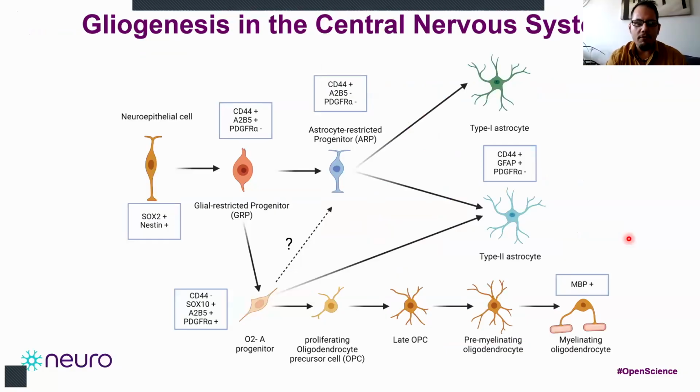So I just want you to focus on the complex network of interactions that lead to the development of oligodendrocytes, because this might give you a hint on the challenges that we might have when we derive such cell models in vitro. In fact, once the neural stem cells are committed to the glial phenotype, those glia-restricted progenitors are really the common progenitors that might lead to the emergence of astrocytes or oligodendrocytes through specific precursors that have a